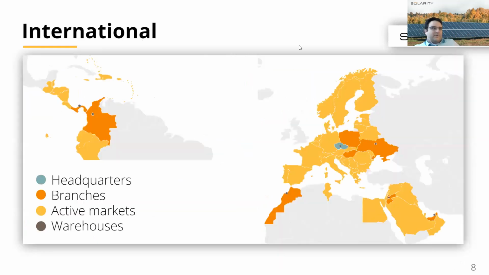And this is the map I spoke about a while ago. You can take a look. Headquarters in Prague, and an interesting growing business in Ukraine, actually. Kiev also has an office, Poland, Jordan office, Dubai office, Morocco, Tunisia, and now we also have an office in Bogota and Panama. So these are our active markets, so to speak.